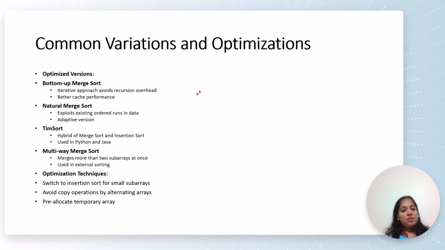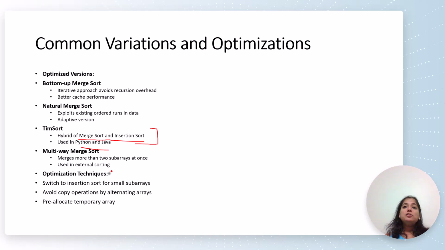There are some variations of merge sort as well, like bottom-up merge sort, natural merge sort, and Tim sort. Tim sort is basically a combination of merge sort and insertion sort. It is used in the built-in sort functions of Python and Java, where they use merge sort and insertion sort. Then there is multi-way merge sort,